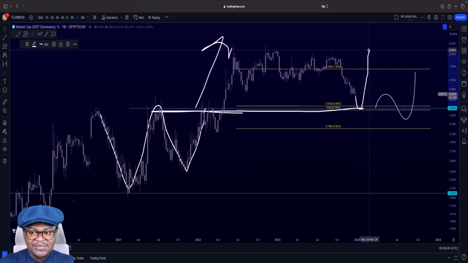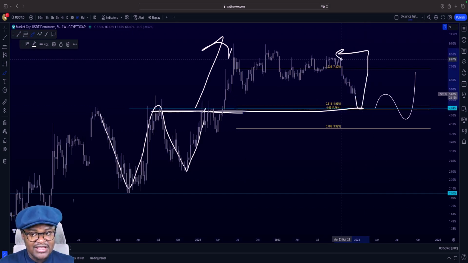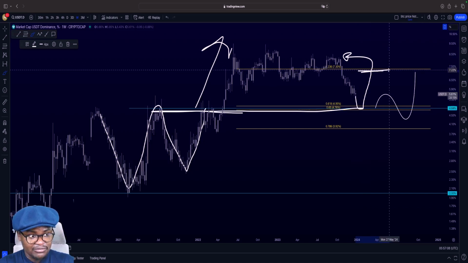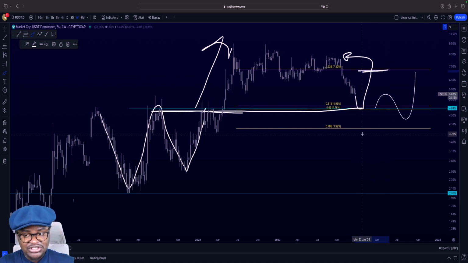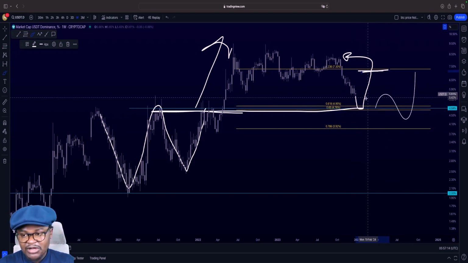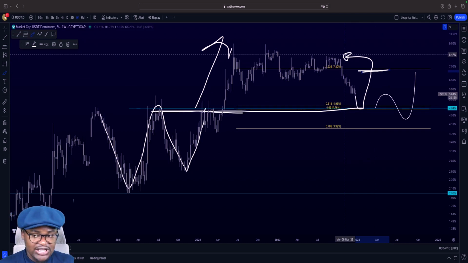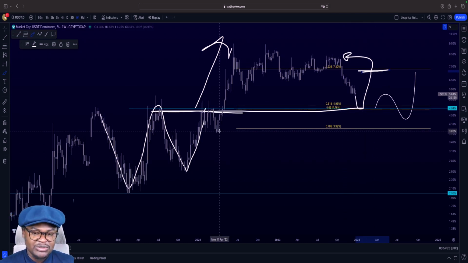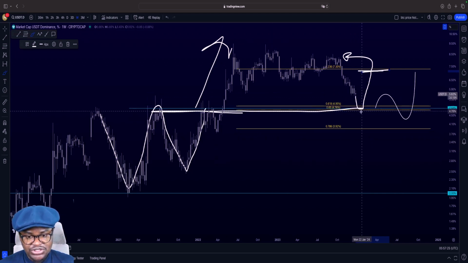Whether the rally surpasses this high right here is up for debate. I do have analysis to suggest that it goes as high as this point though. My Fibonacci actually allows me to see some of these things without them actually happening. But whether it goes above this high is up for anybody's debate. Just keep in mind that when we do come back to this neckline right here,